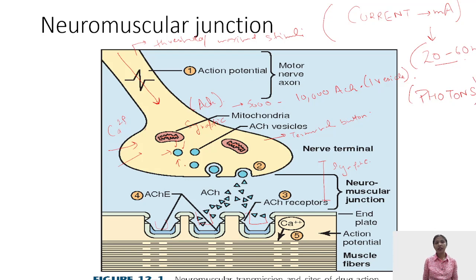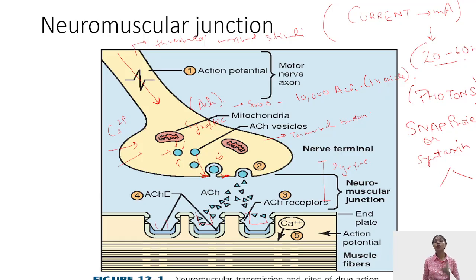And these terminal buttons have special proteins. The names of them you all have to remember. We have SNAP proteins, which are special proteins present on these terminal buttons, or syntaxin protein. To be quite specific, there are two types of syntaxin proteins present which help the vesicles join these terminals. See, these synaptic vesicles are eventually joined and they are ready for exocytosis.